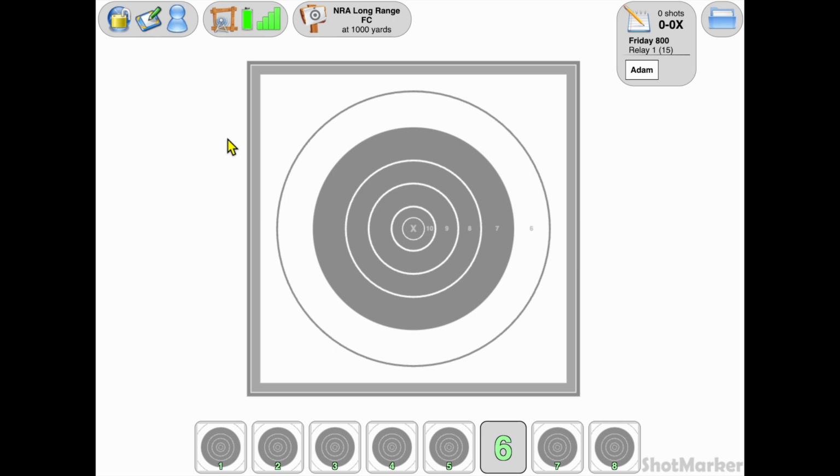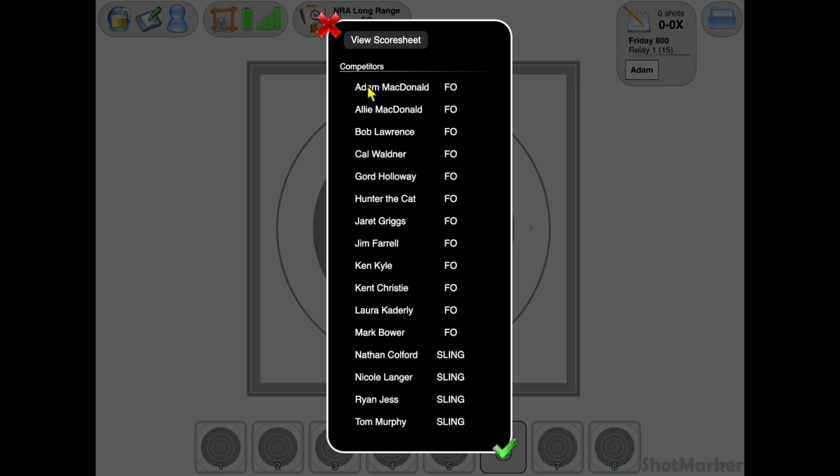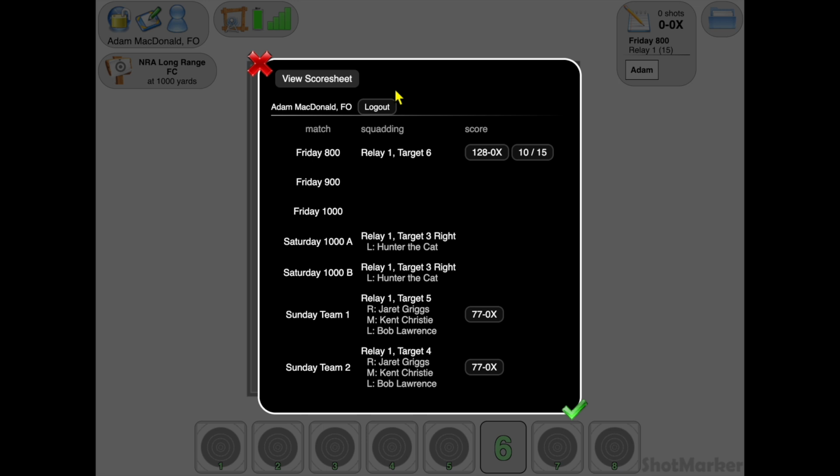Now, as a match organizer, the one thing you need to explain to your shooters is that they need to know how to log in as themselves. So there's this blue icon, this little person icon, and every shooter will have this on their tablet, and you can select this and you can choose your name. So once you select your name from the list, it brings up a screen that shows you your squatting for the entire match, or all of the matches, including who you're with, and if you fired any strings so far,